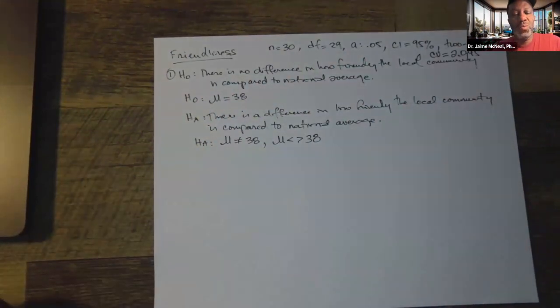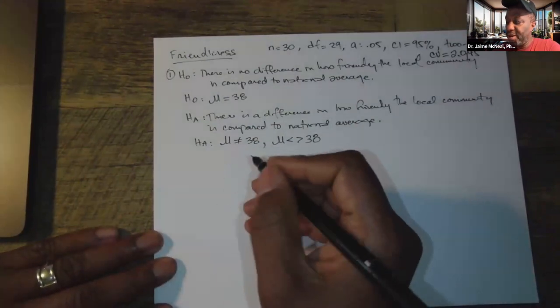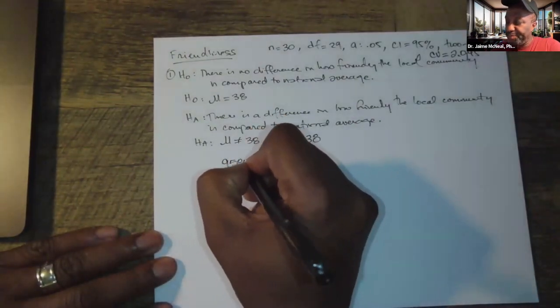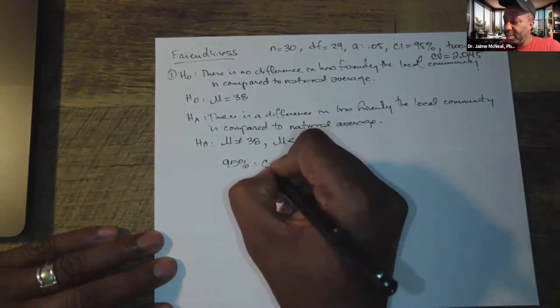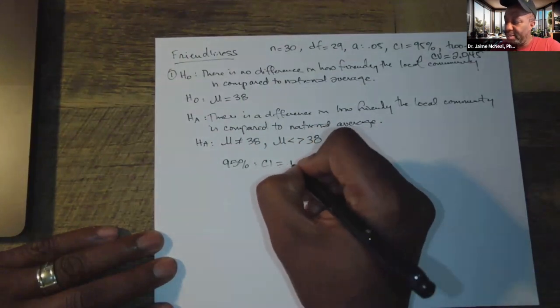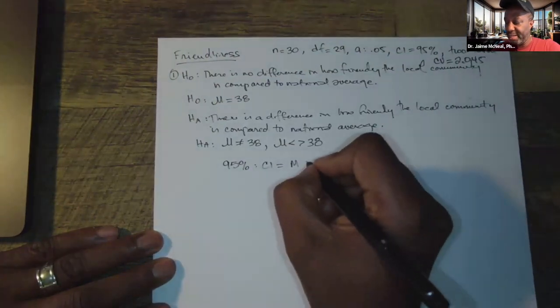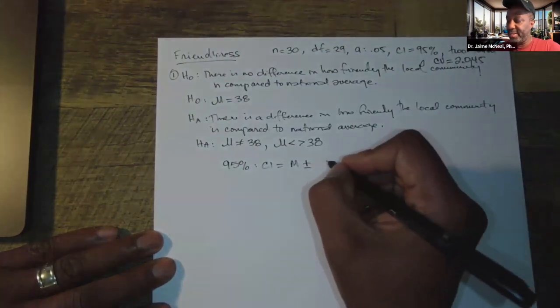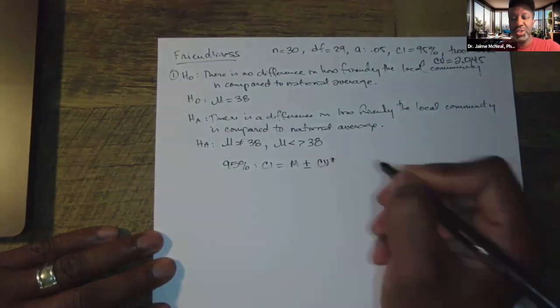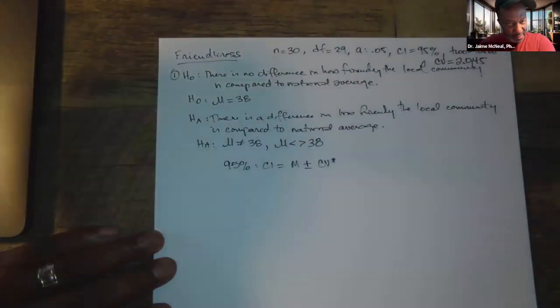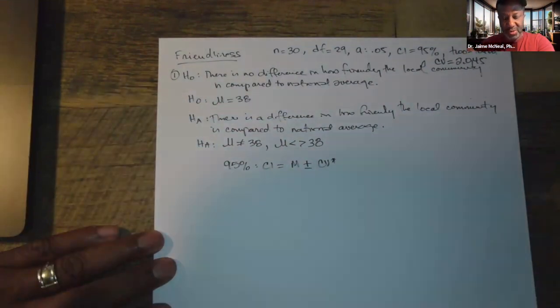All right, so we remember that the confidence interval formula is the mean, in this case the mean is 38, plus and minus the critical value for a two-tailed test for whatever the degrees of freedom are, for whatever the alpha is, and we determined that that was 2.045,